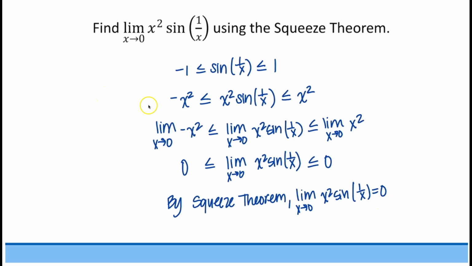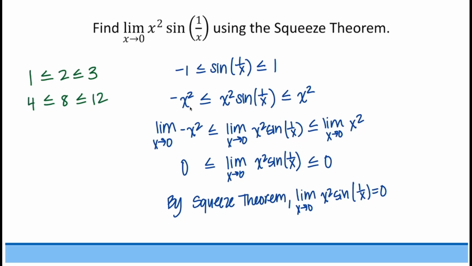Before wrapping this up, I just want to go back to a point that I made very briefly, the idea that we were allowed to multiply each part of this by x squared and keep the inequality because x squared is positive. So if I take a minute and think about a basic numerical inequality, like 1 is less than or equal to 2 is less than or equal to 3, if I multiply by the same positive value, so multiply by 4, let's say, 4 is less than or equal to 8 is less than or equal to 12,